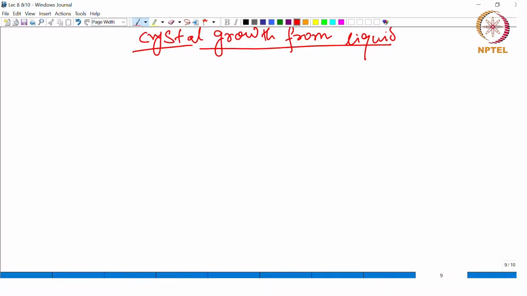So, when that happens, then there is an interface which develops between the liquid and the solid which is growing. Okay. And how this solid will grow would depend on